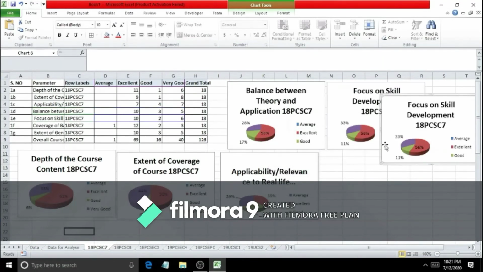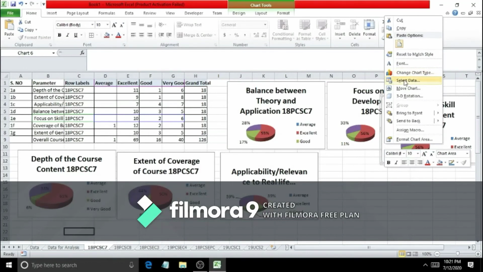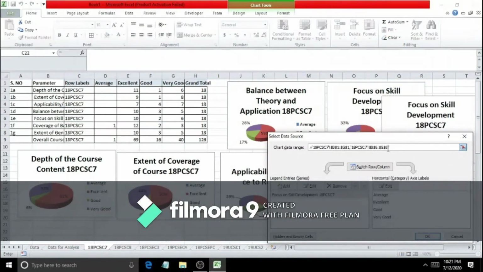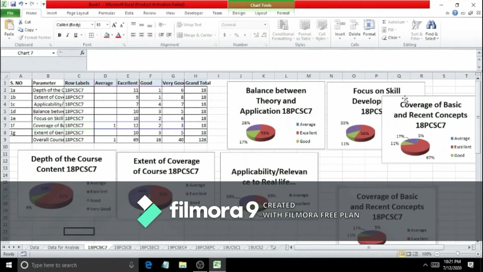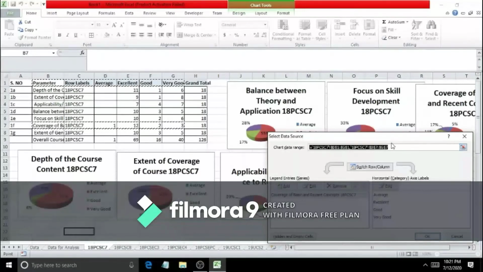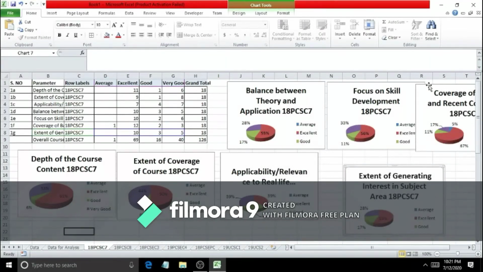So here I did 7 charts for 7 different parameters. Finally you have to do one overall chart.